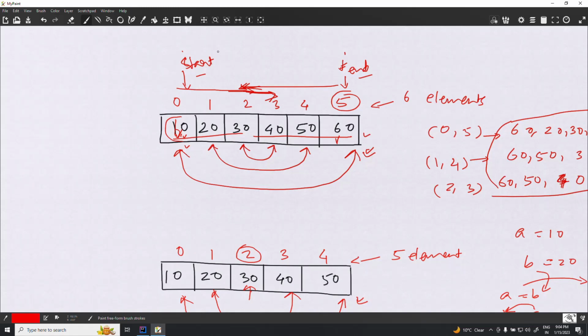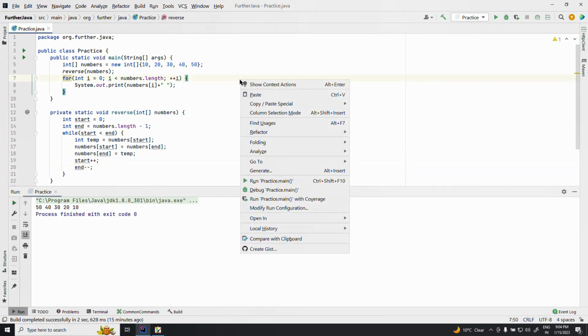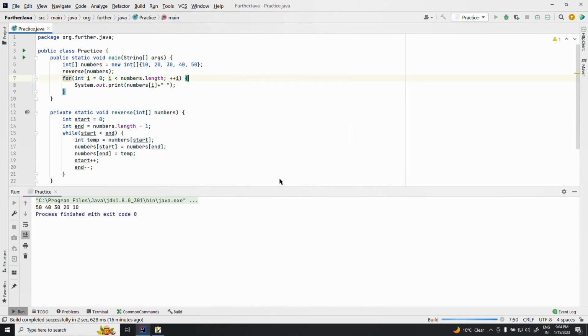As I said, the start should be incremented by 1 and end should be decremented by 1 in each iteration. So after doing this exchange, let us increment start, and let us decrement the end. Now execute this. When we execute this code, this is going to give you the reversed values,